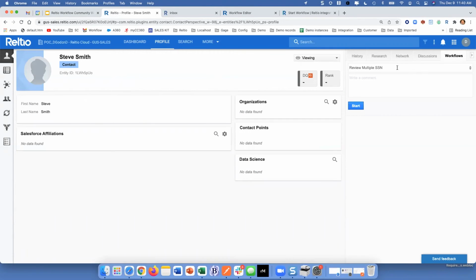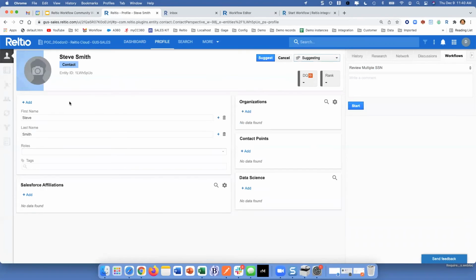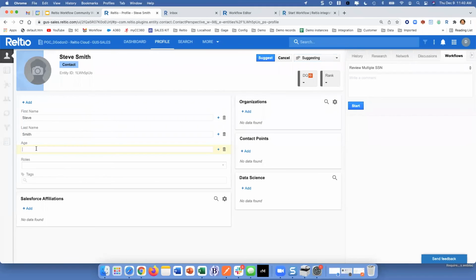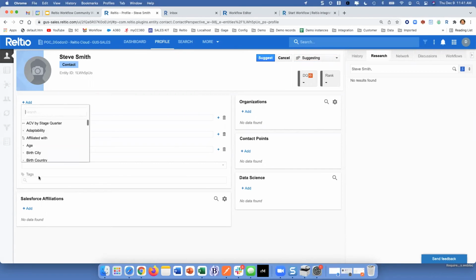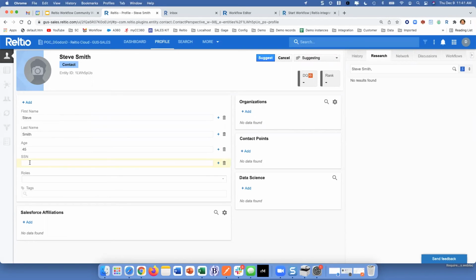You'll see that the workflow tab is up here. We have already deployed that multiple approval workflow. I also have a two-step approval, which is similar to what we saw in the slide. We can talk to that later. But what we wanted to focus on is the ability to initiate that data change request. So in this case, I'm going to add an age, and I'm going to say that Steve is 45. And we're going to add another piece of information. Let's say that his social security number